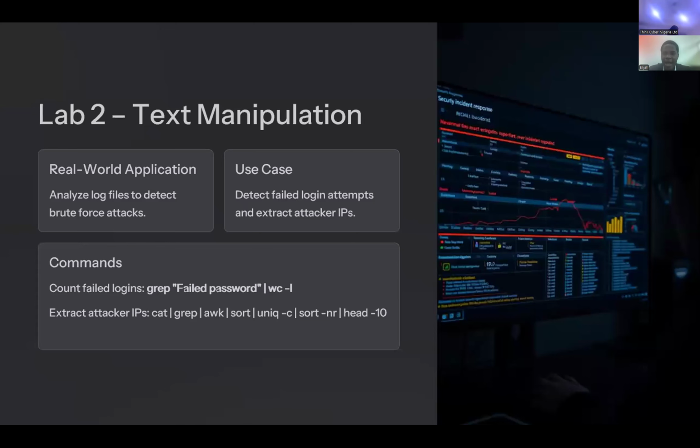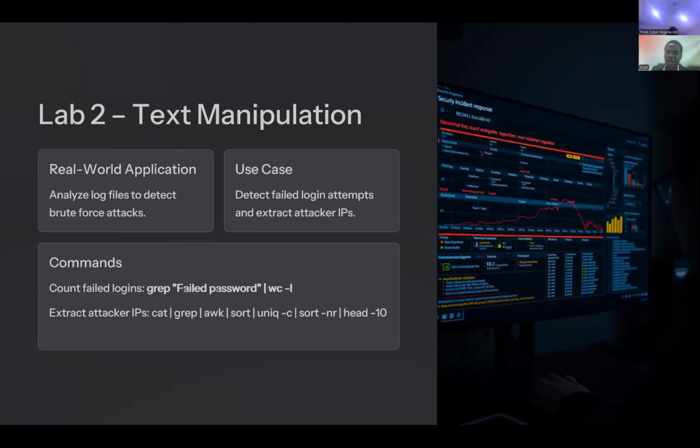As I was saying, sorry, text manipulation is the next topic I'm going to touch on. This helps us manipulate our text. It gives us the ability to analyze log files to detect brute force attacks. Say you've been compromised because you've seen red alerts on your dashboard. You need to go through your files and see where someone tried to enter, where they failed the password.